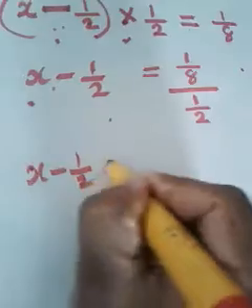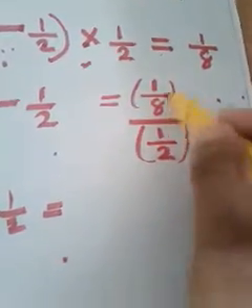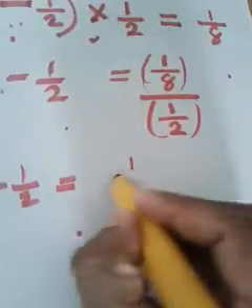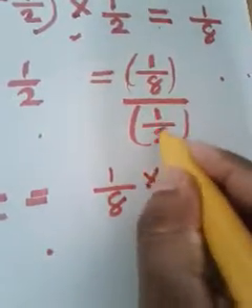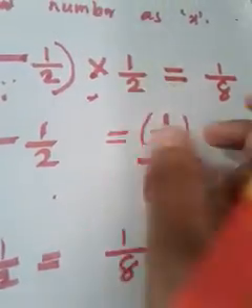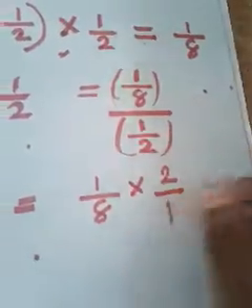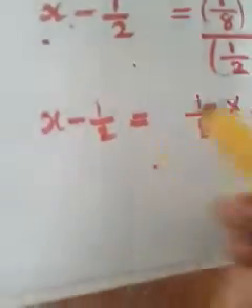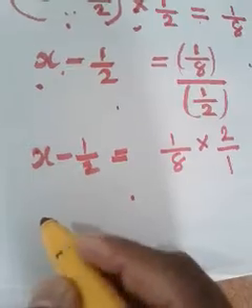So it becomes x minus 1 by 2 is equal to... how can we divide two fractions? This is a fraction, this is another fraction. How can we divide two fractions? Multiply with the reciprocal. That means the numerator fraction is written as it is, and the division sign becomes multiplication. Then what is the reciprocal of 1 by 2? 2 by 1. Multiplying with the reciprocal was the method we used in the first chapter. So what will be the next step?